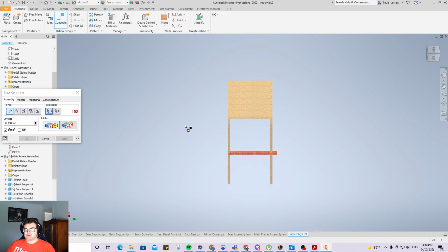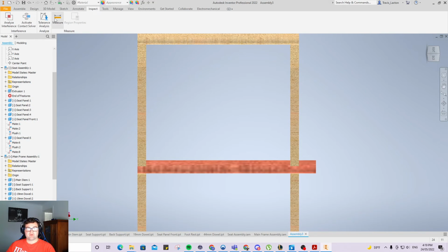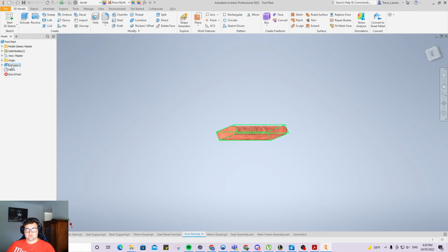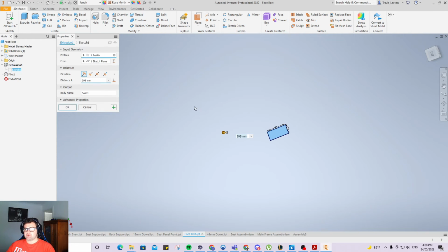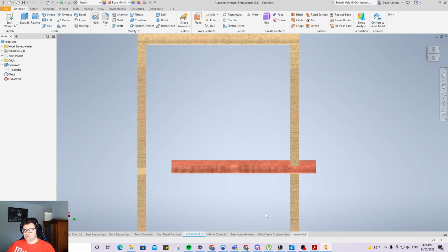Let's have a quick double check of that measurement there, like we've talked about before. So we're going to inspect, measure between here and here. Same but different. 322.012, so I'm just going to go 322. Exit that, let's go to footrest. Edit sketch. Ooh, no it's not. Edit extrusion. Edit feature, sorry. 322. Enter. Okay, save that, and it should be